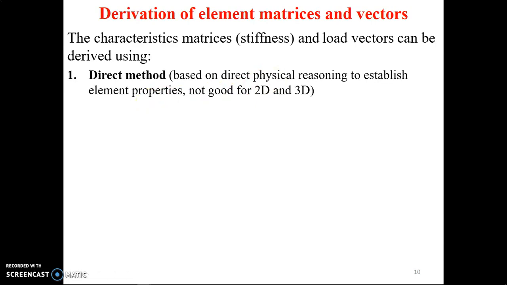This means that the direct method is generally used for 1D engineering or physical problems that can be explained using one-dimensional finite element analysis. Using the direct method in 2D or 3D engineering applications can generate inaccurate numerical results. Therefore, the direct method is only used for 1D finite element modeling, or you can say it can be used for developing an understanding of this finite element method.